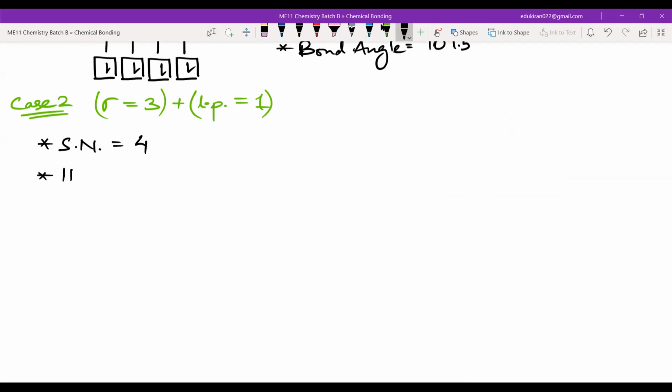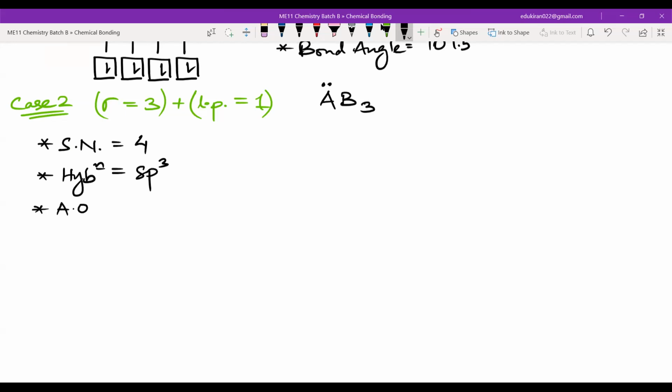And again, the hybridization will be the same. Okay, one more thing here. What will be AB? How many B's will be there? 1B. Why 1B? 3 sigma bonds now. So A will be making 3 sigma bonds with 3 B's, right? And there will be 1 lone pair. Okay. So the hybridization here also will be sp3.